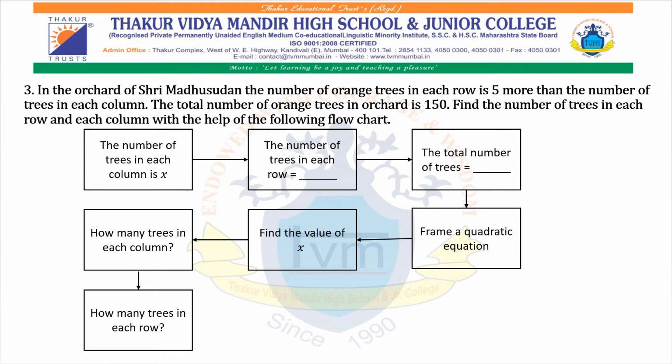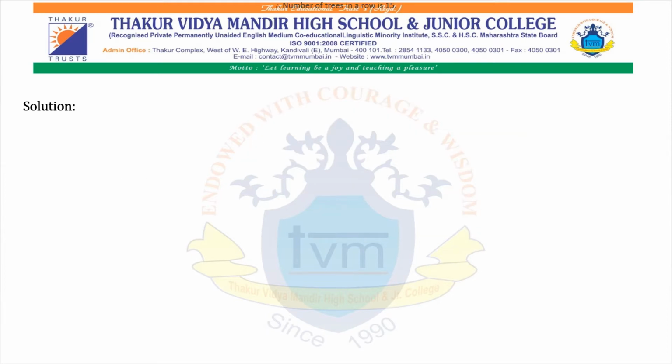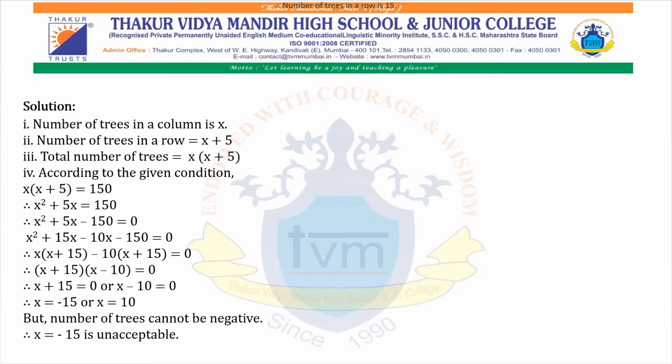Question 3. In the orchard of Shri Madhusudan, the number of orange trees in each row is 5 more than the number of trees in each column. The total number of orange trees in the orchard is 150. Find the number of trees in each row and each column with the help of the following chart. Let's see the solution. Number of trees in a column is x, number of trees in a row is x